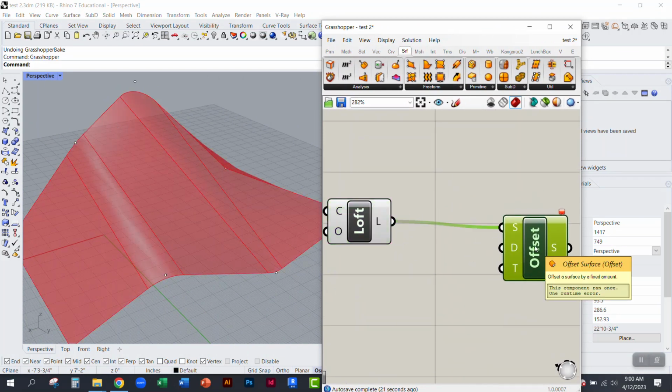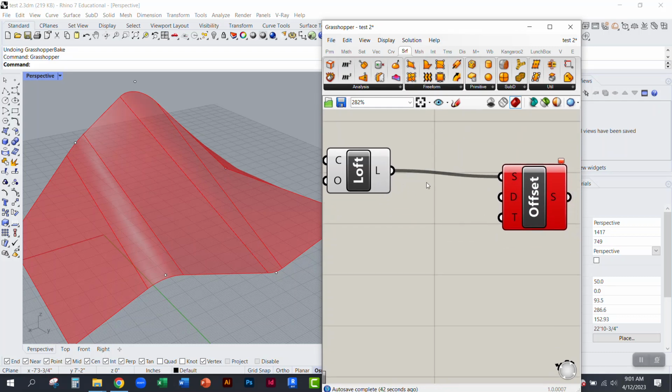This offset is looking for an individual surface that it can just easily offset, can make three-dimensional. But what it's getting is many surfaces, so it's getting confused. It's saying, how do I offset many surfaces in the same direction? It's not computing, so it's turning red here. All right, so one way that I can get around this